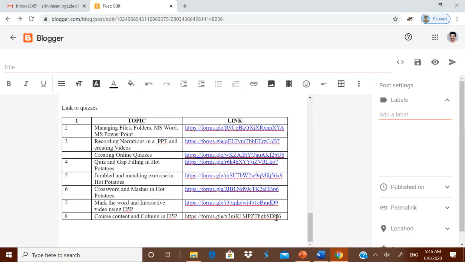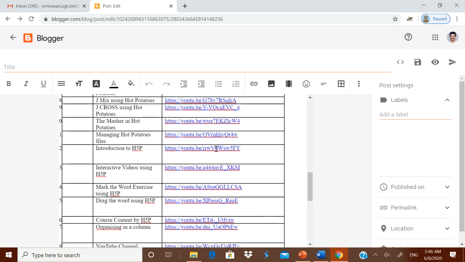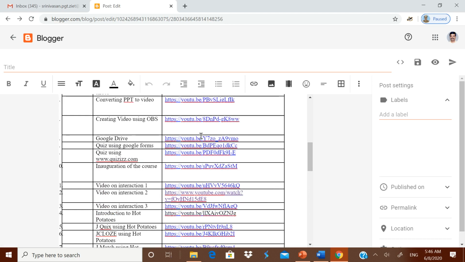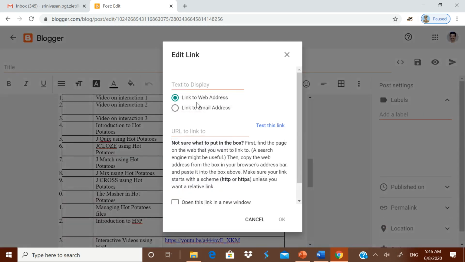Now I think all are there. This is the only one left out. You play around and then find out which are not there. I have given you the clue also on how to check it: it will be in black color and will not look like a link. Here, most of them are links and some of them are not. That may be the reason, whenever we are creating it, you might not have done it properly. That is the meaning of it.